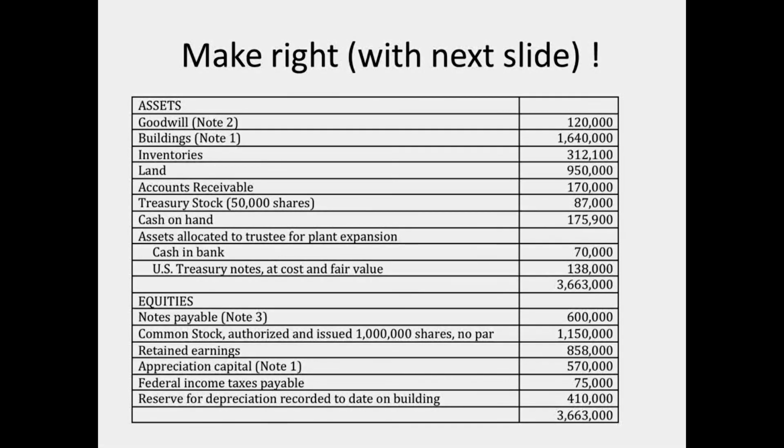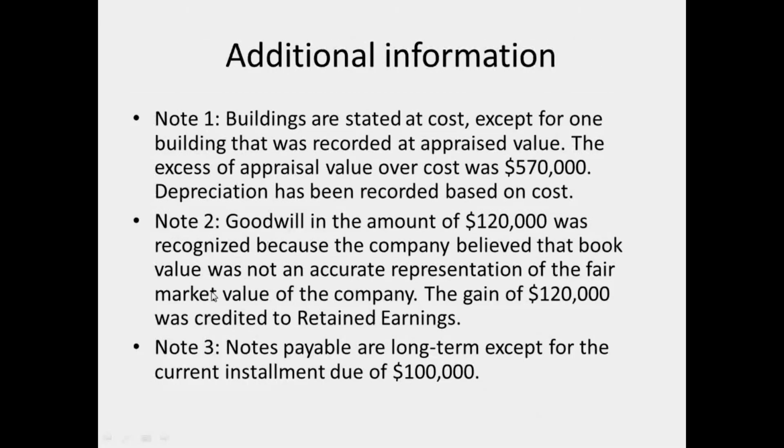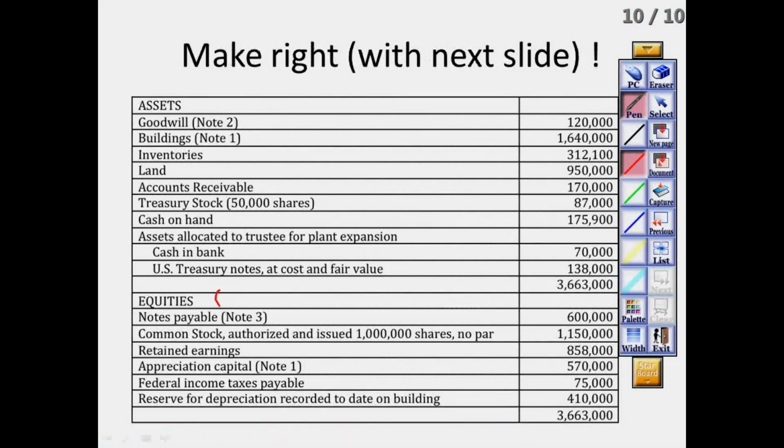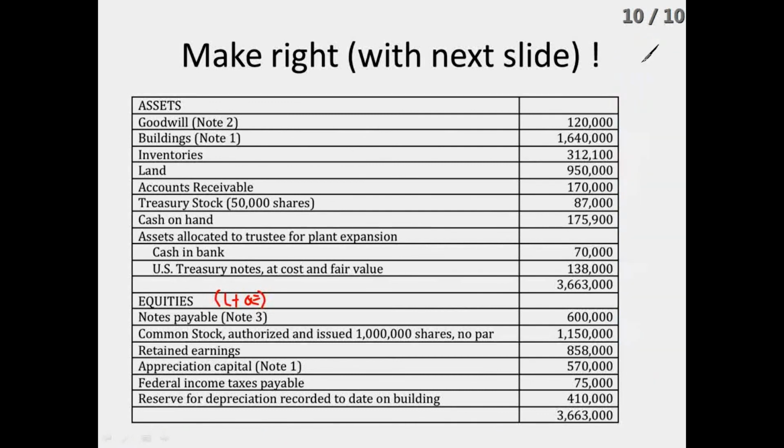You have a list of the assets, or at least what this person claims are the assets, and then a list of their equities. And in this case, the word equity actually is more broad. It means liabilities and owner's equity. Okay, so here's what they have, and let's just start working through what's really wrong here.